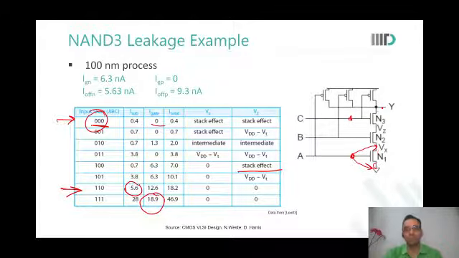But then why have you written the 0 over there? It should be stack effect, Vz is there. Okay, fine. I did not get your question, Raghav. In the case of 0, 1, 1, we are getting VDD minus Vt. So there is no stack effect, right? Yes.